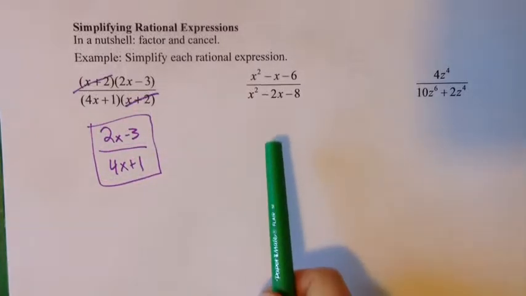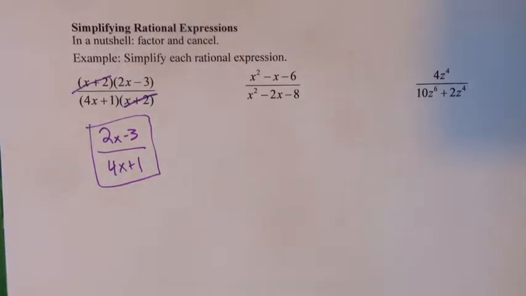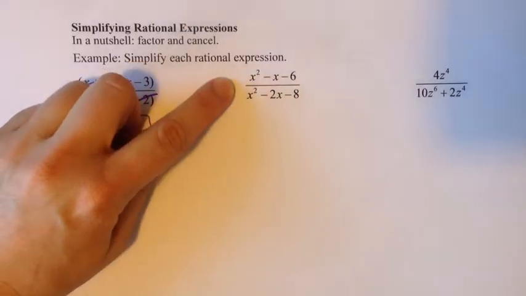Now in this next example, it looks like we're going to have to factor things ourselves. Factoring is a skill that you should have done pretty solidly by now. So in these examples, I'm going to do the factoring pretty quickly. If you find that I'm going too fast with the factoring for you, that's okay. Pause the video, take a minute, and make sure that you understand how the factoring works. You can also go back and review more videos or talk to your teacher about factoring if you find that you're getting stuck on anything. Okay, with that said, let's go ahead and factor everything we can here and see if there are any common